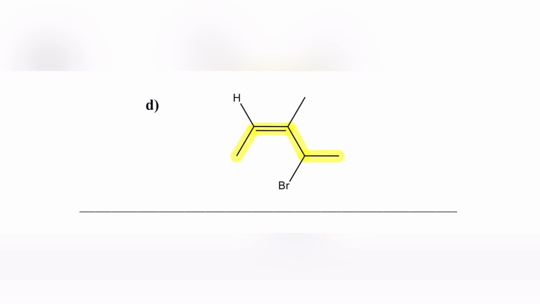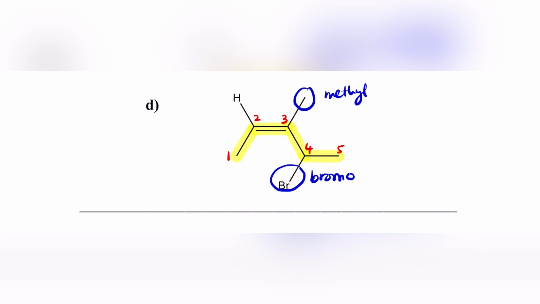So give the numbering: first carbon, second, third, fourth, and fifth. And then the double bond is at carbon number 2. And then you can see that we have bromo at carbon number 4. We have methyl at carbon number 3. So I'm going to write in alphabetical order. It can be 4-bromo, and then after that I have methyl at carbon number 3, 3-methyl, and then my parent